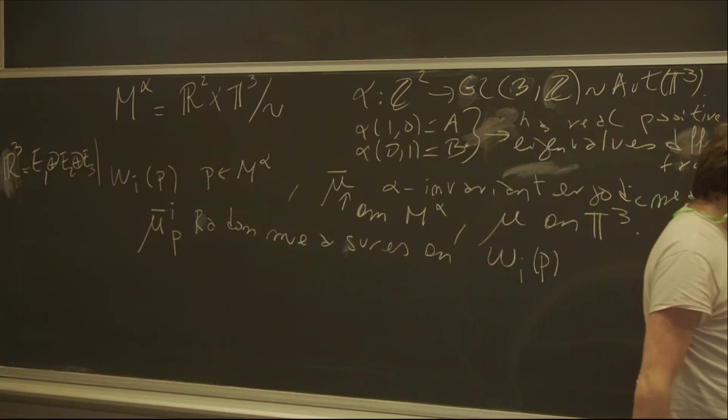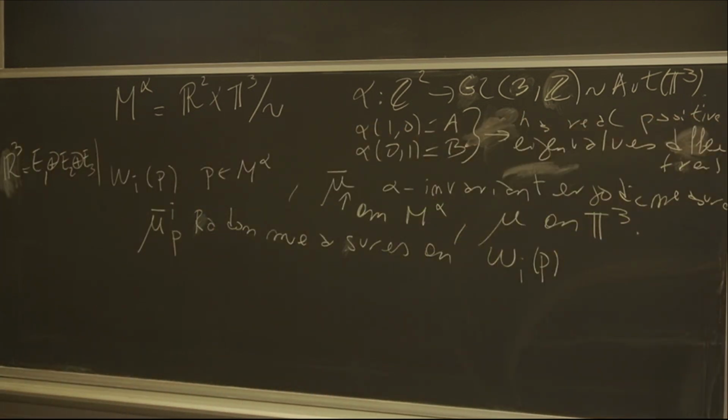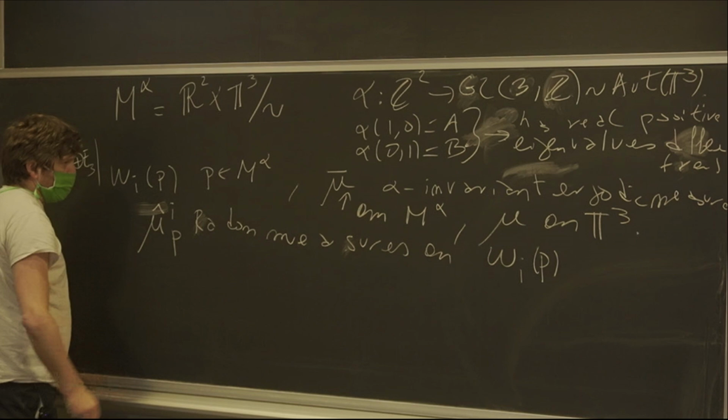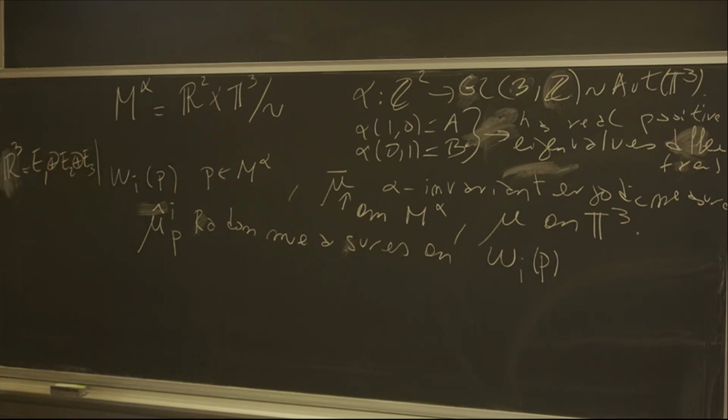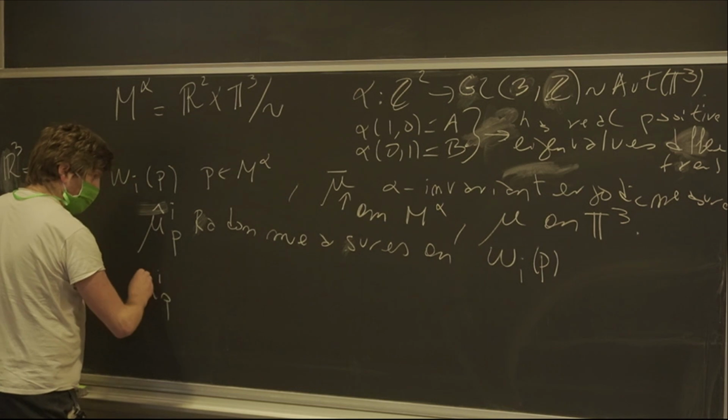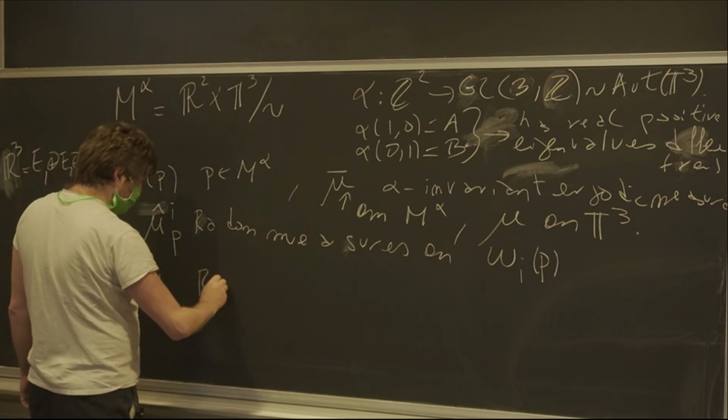These were the push forward measures by h_i. Exactly, so I think we use μ hat for the push forward. Okay, good. So we have μ hats here, and we also had μ_i bar measures, also Radon measures